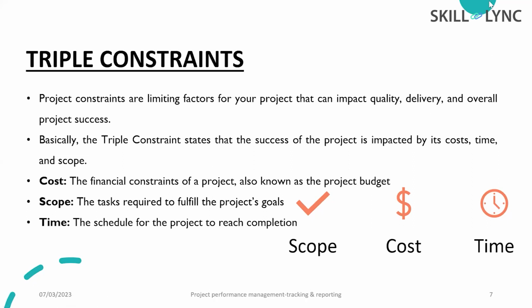The second point is scope. What is scope? Scope is nothing but the tasks required to fulfill the project's goal. What are the goals of the project? What are the aims of the particular project? That is known as the scope part. While doing a construction activity, we need to always focus upon the scope. Then what is the third part? Time. What is the meaning of time? The schedule or the duration of the particular construction. We will have a limiting period of time, with a fixed starting date and a fixed ending date. So the schedule or time period is also a limiting factor.